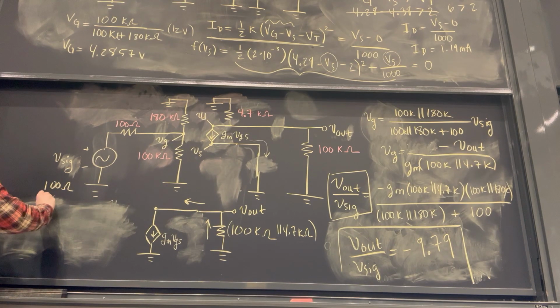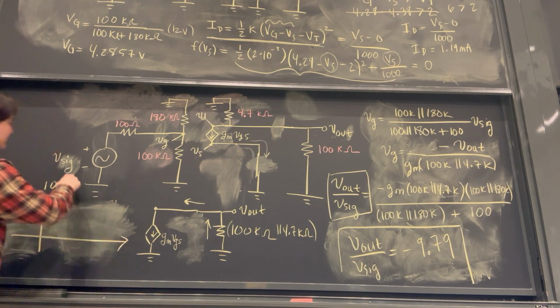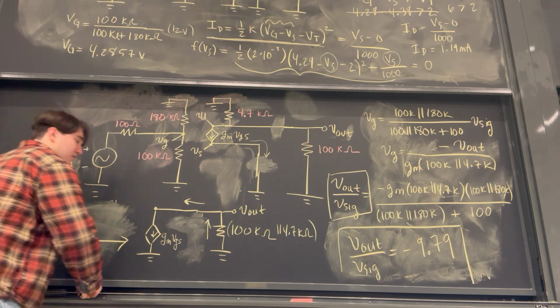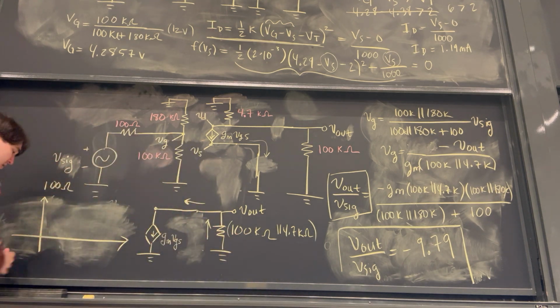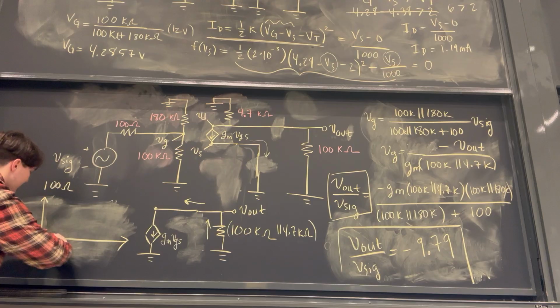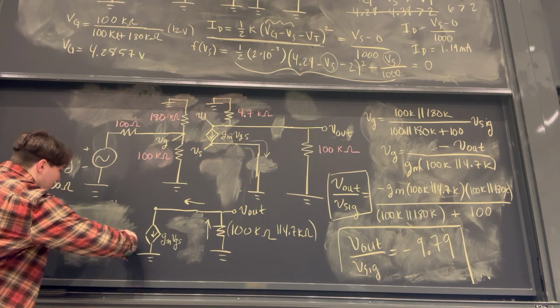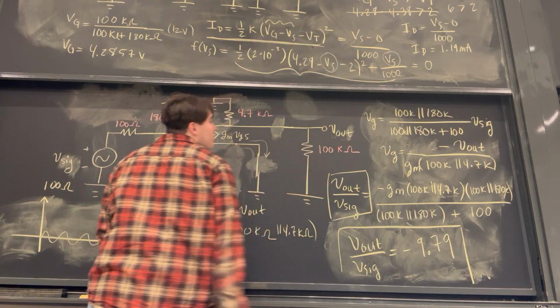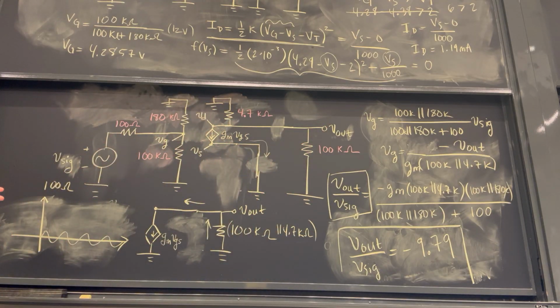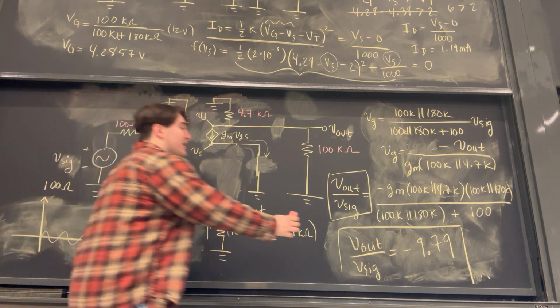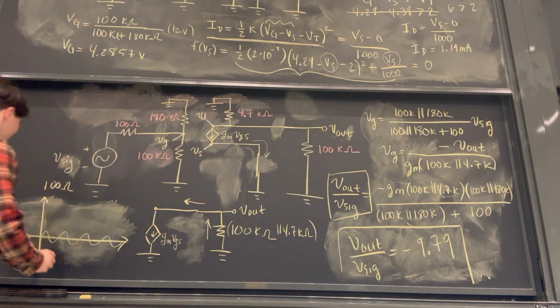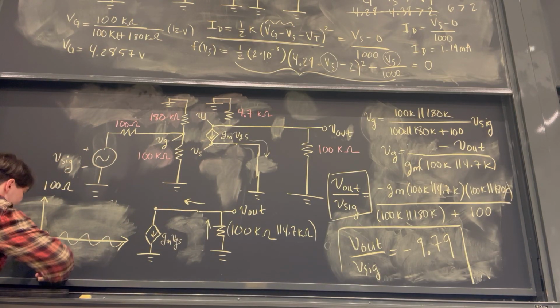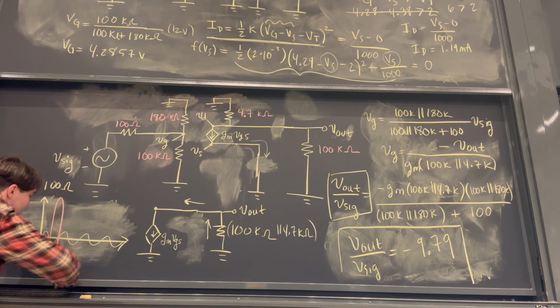It means if you plug in a very small signal for V signal, something like this, let me just draw this, you're going to end up getting an output signal for V out which is going to be 10 times, or negative 9.79 times, as large as the original signal. And it's also going to be inverted from this minus sign. So you're literally going to have a signal 10 times as large